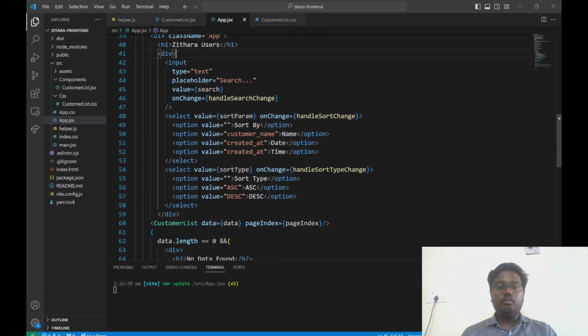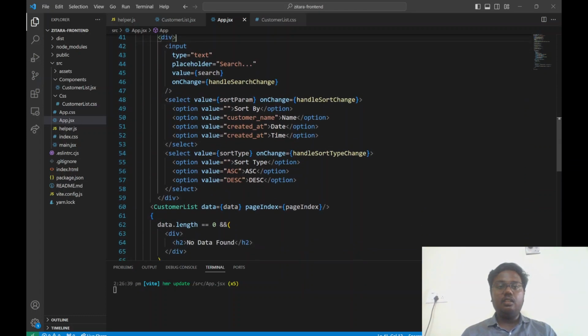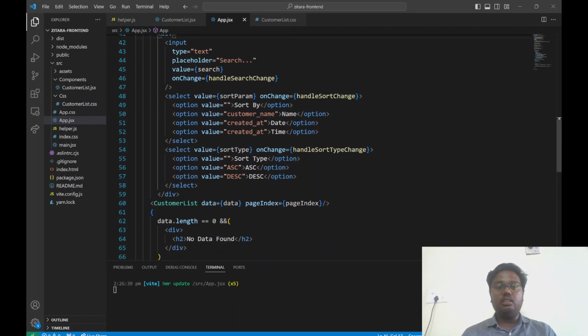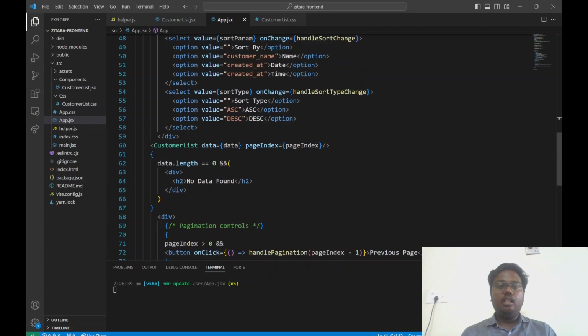So here at the start, this is a normal h1 tag. After that, this is for search. Here we can enter the search, and this is the select value by which we can sort the values, and this is the type of sorting, ascending and descending. And here I am using the customer list JSX,